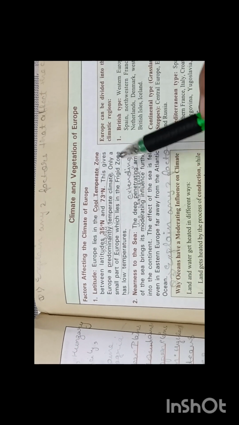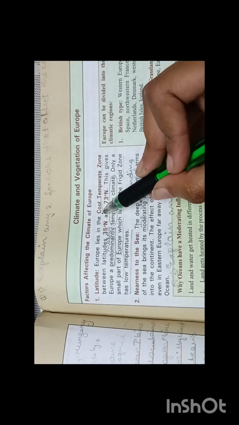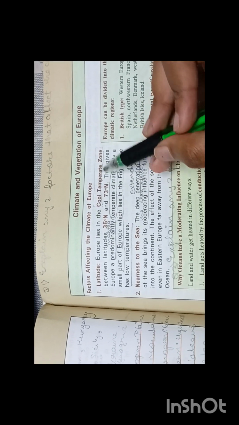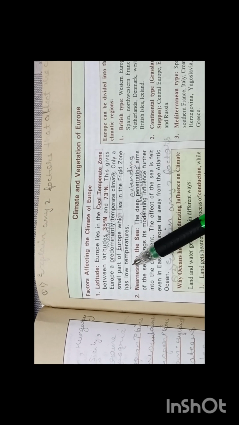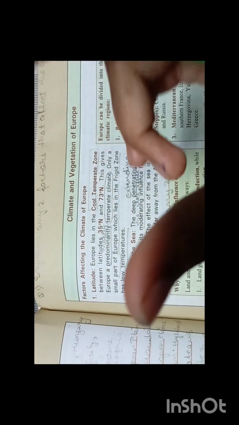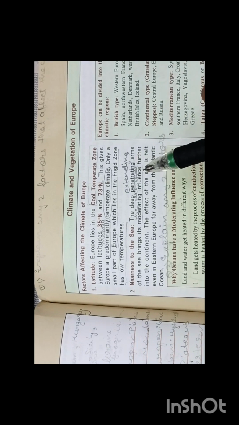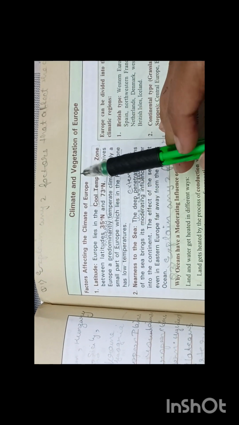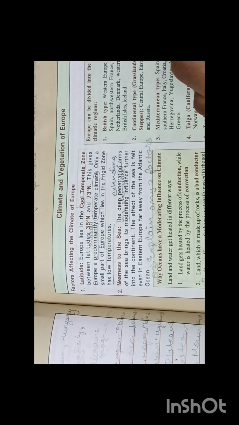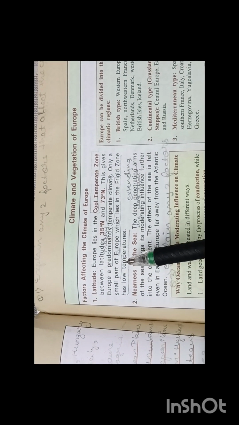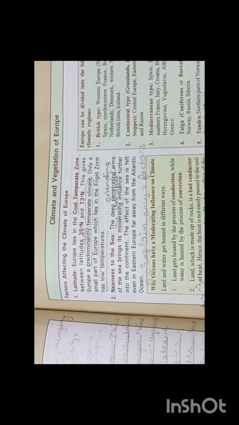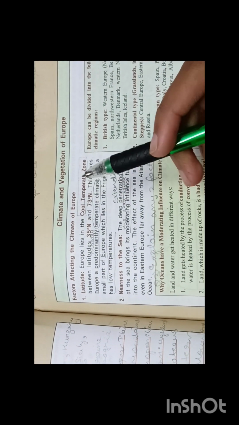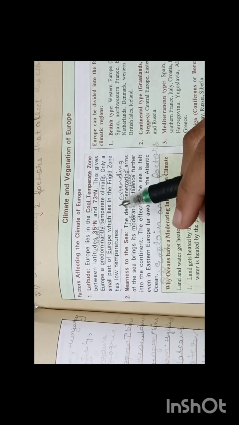What gives it temperate climate? Because it lies in the cool temperate zone. Only a small part of Europe lies in the frigid zone, and it has low temperatures. The entire Europe lies in the cool temperate zone, but a small part also lies in the frigid zone. So the entire Europe lying in the cool temperate zone has temperate climate, and the part lying in the frigid zone has low